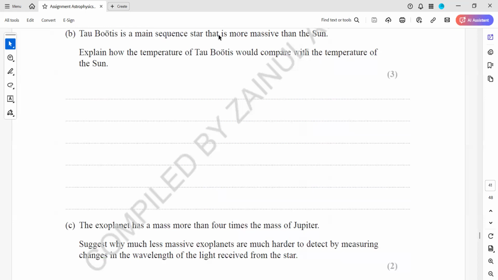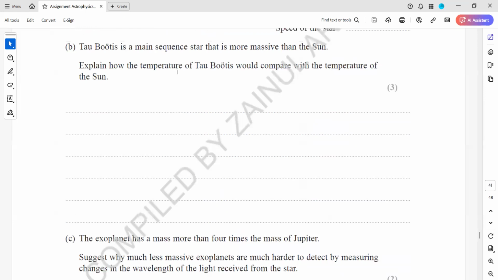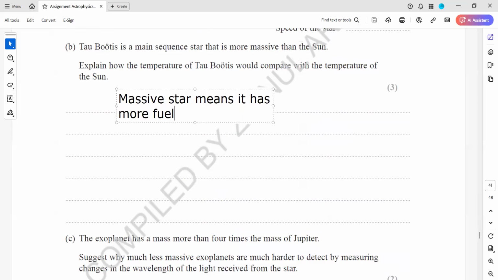Here we have to compare temperature. That's fine, it will be higher, but it's a 3 marks question, so you have to relate them. A massive star means it has more fuel for the fusion and stronger gravity,